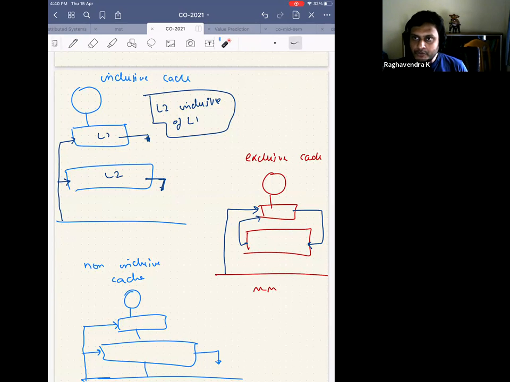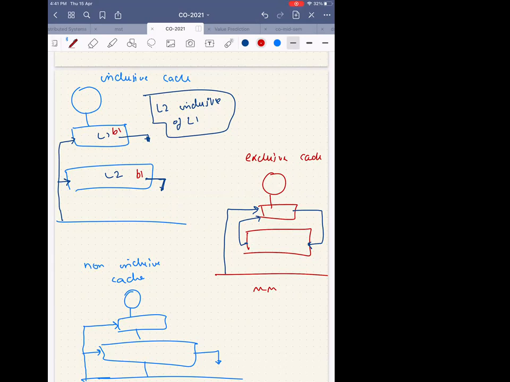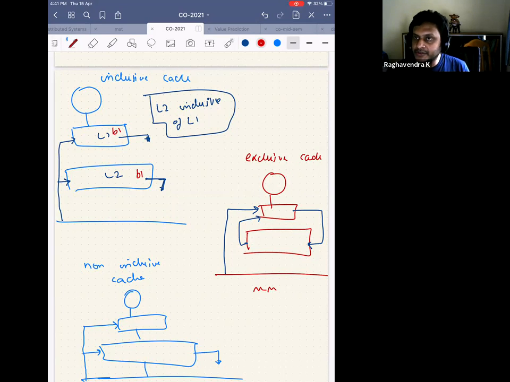Can you come up with a scenario where, let's say both are following LRU replacement policy, there is a block B1 that has become a candidate for removing from L2, but it is not a candidate for replacement in L1? Can such a scenario exist? Sir, no, sir. It would have already been removed from L1, right? Yes. But then why did you agree to the inclusive cache when I said that?